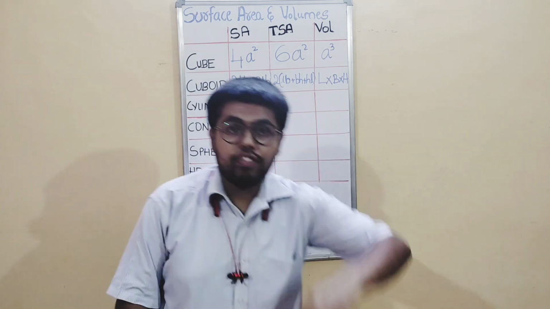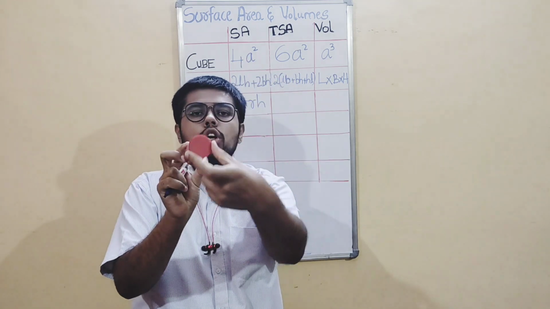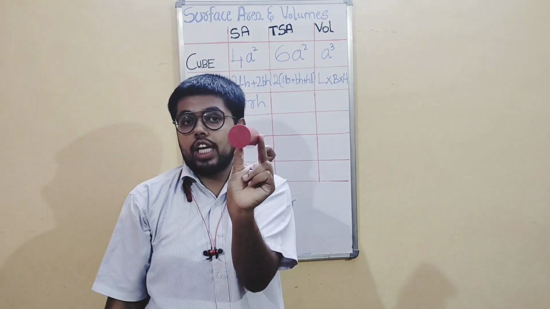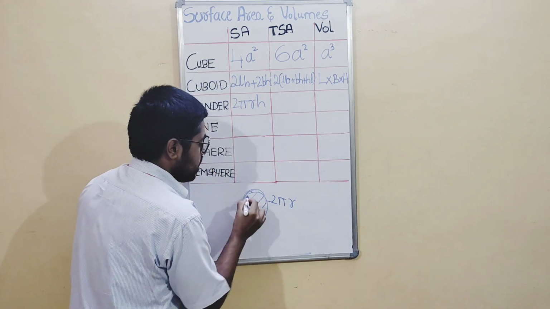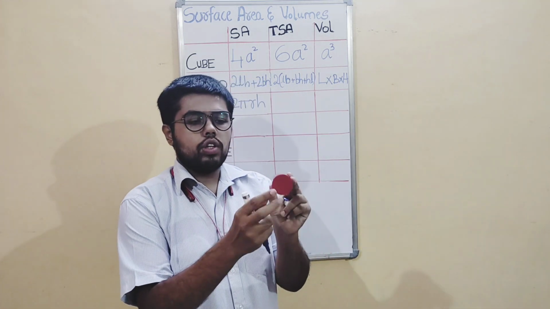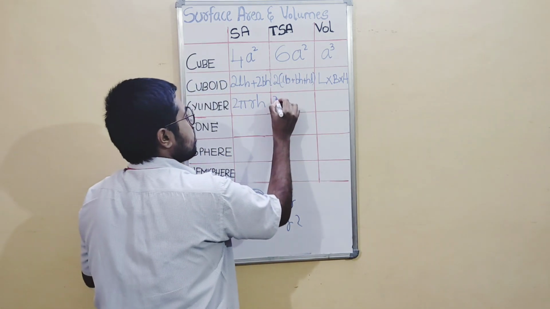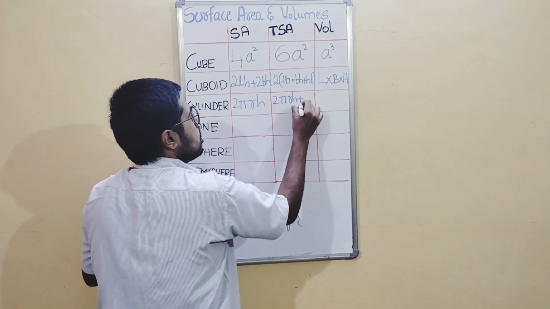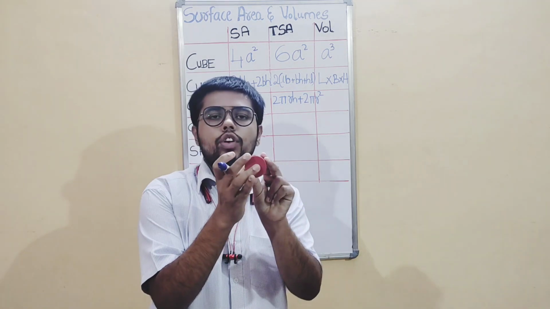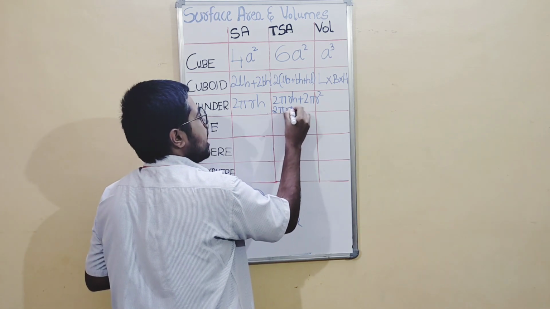Now coming to the total surface area. I told you I had neglected the top and the bottom. At the top and bottom, what do we have? We have 2 circles, full circles that are visible to you, right? What is the area of a full circle? We know the area of a full circle is pi r square. So now I have to add 2 circles to the curved surface area. So this is the curved surface area, 2 pi r h, plus 2 times pi r square, 2 circles. Therefore it is 2 pi r square. Now I can take 2 pi r common outside: h plus r.